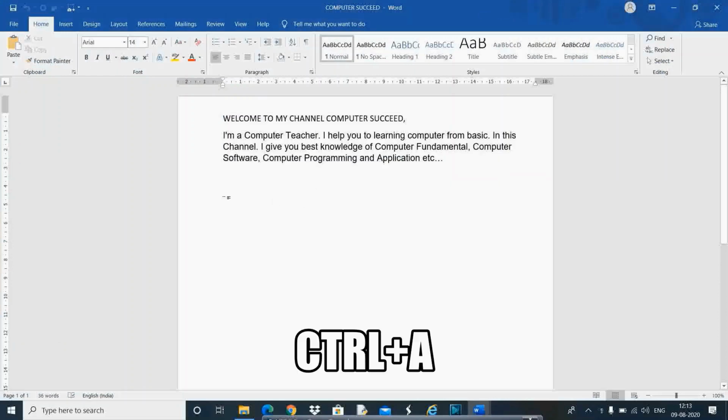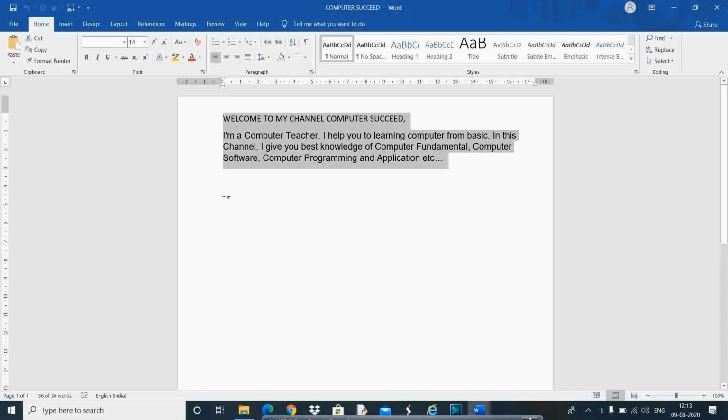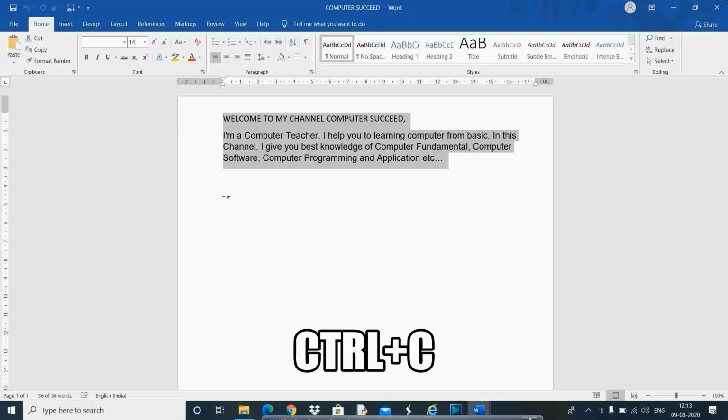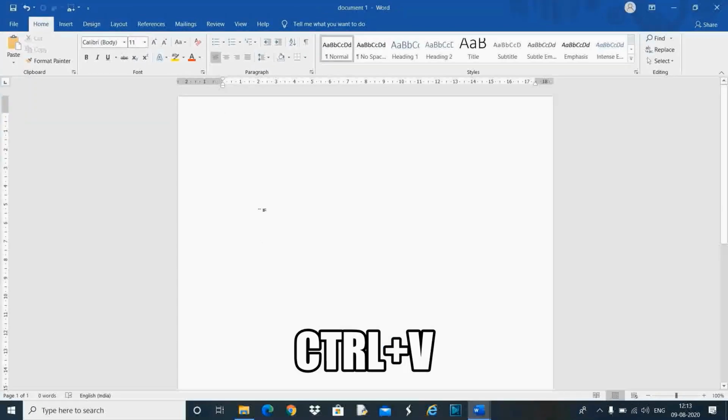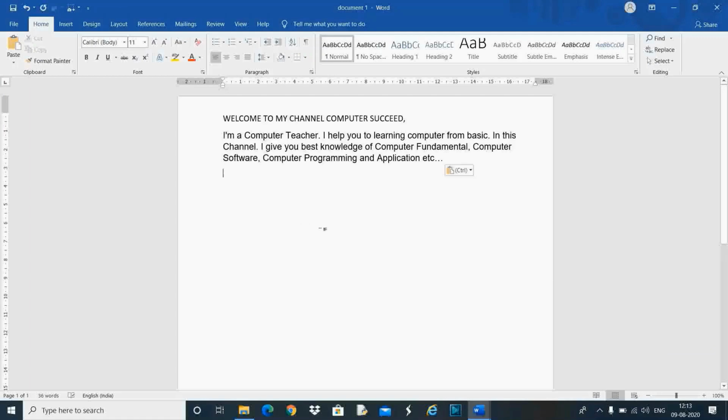So I am using the shortcut key Ctrl plus A to select all text from my keyboard and then press Ctrl plus C to copy the text, and go back to Document 1. Press Ctrl plus V to paste the text. Okay, here you can see the result.